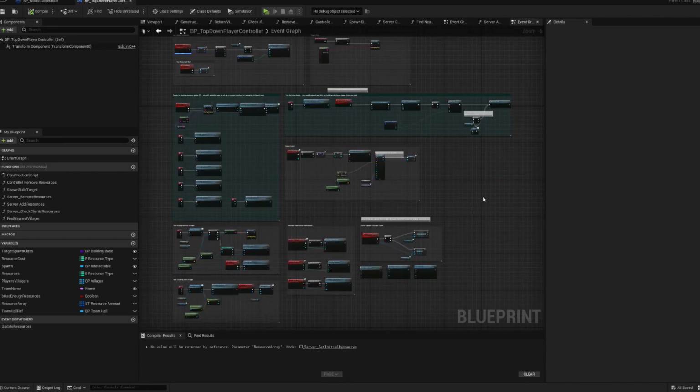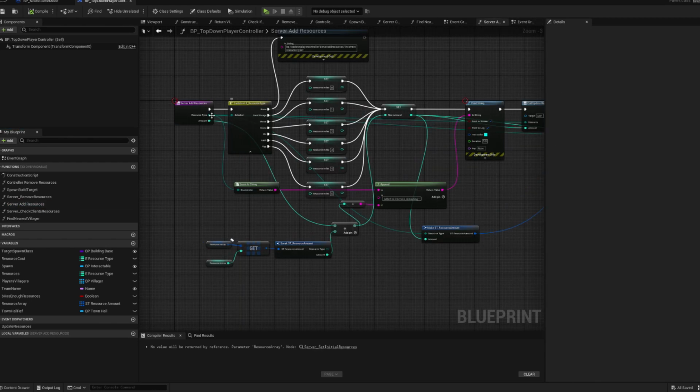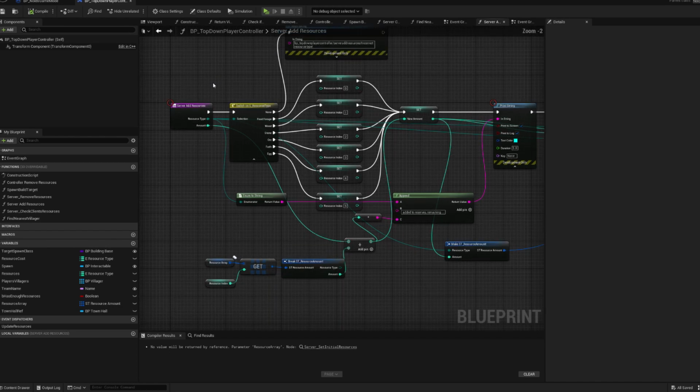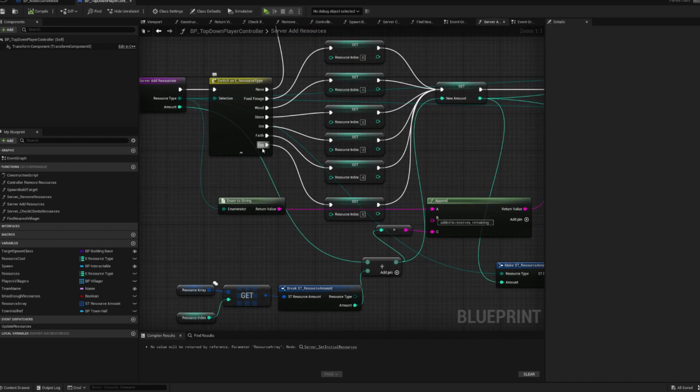Back in our top-down player controller, you're going to want to find two very important functions. The first of which is Server Add Resources. So we're going to click on that. I already have it done here because the screen didn't record, so you're going to want to just find that egg pin, slide it on down, copy and paste the Set Resource Index, and set that to 5 to match